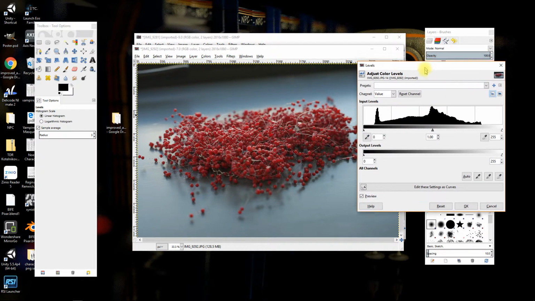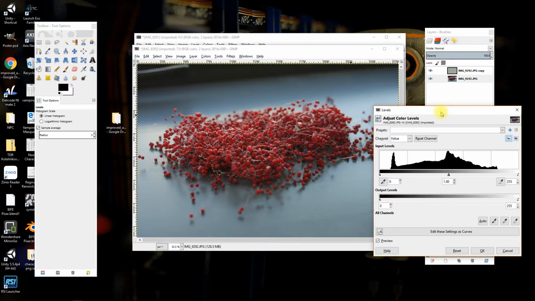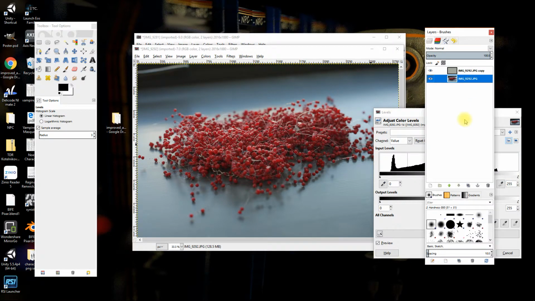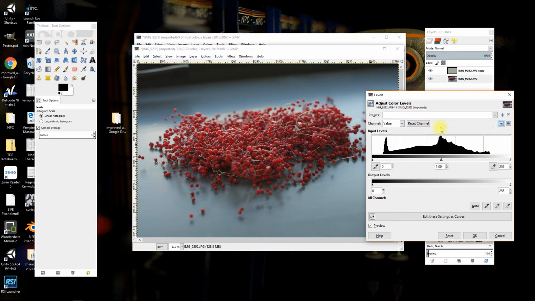So with levels, we can have very fine control of the different attributes of the image. The first thing is I can pick a channel, so I can pick red, green, or blue. I'm going to leave it on value for now, so I'm going to do all of them. And we'll also have a look at what this sort of image does. So this is white over here. So as I bring this back,